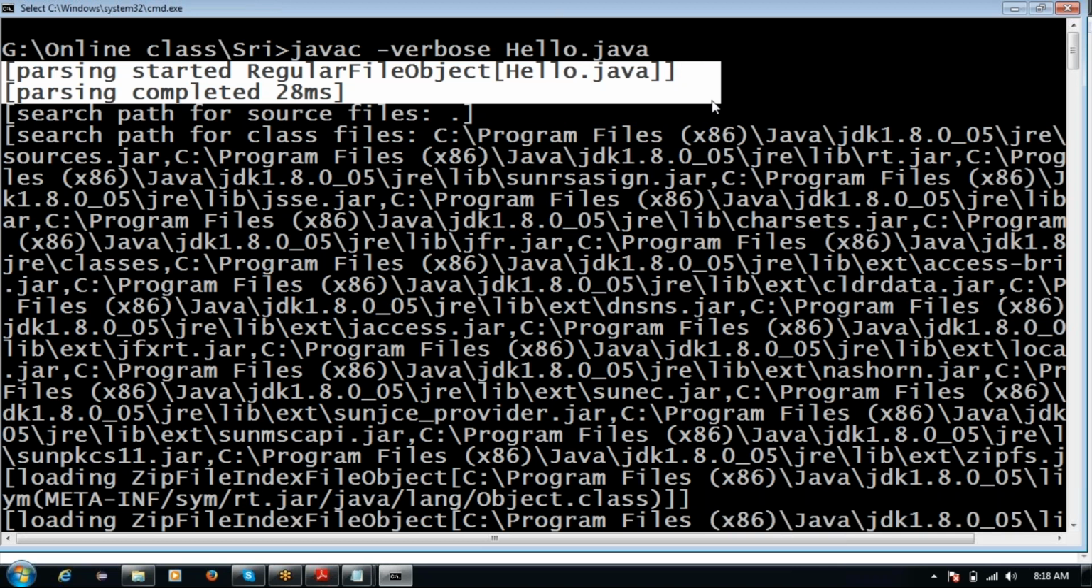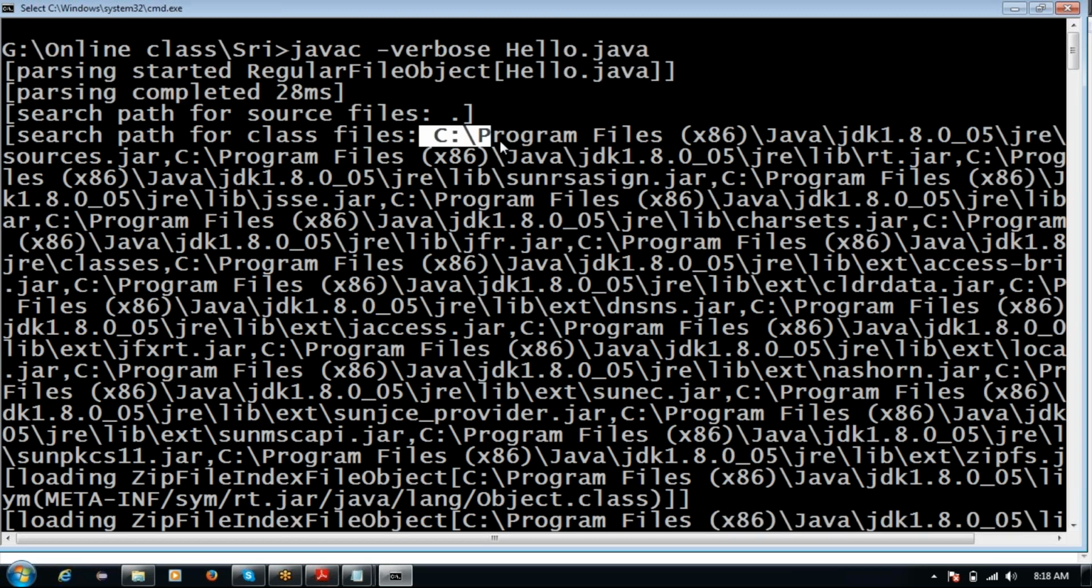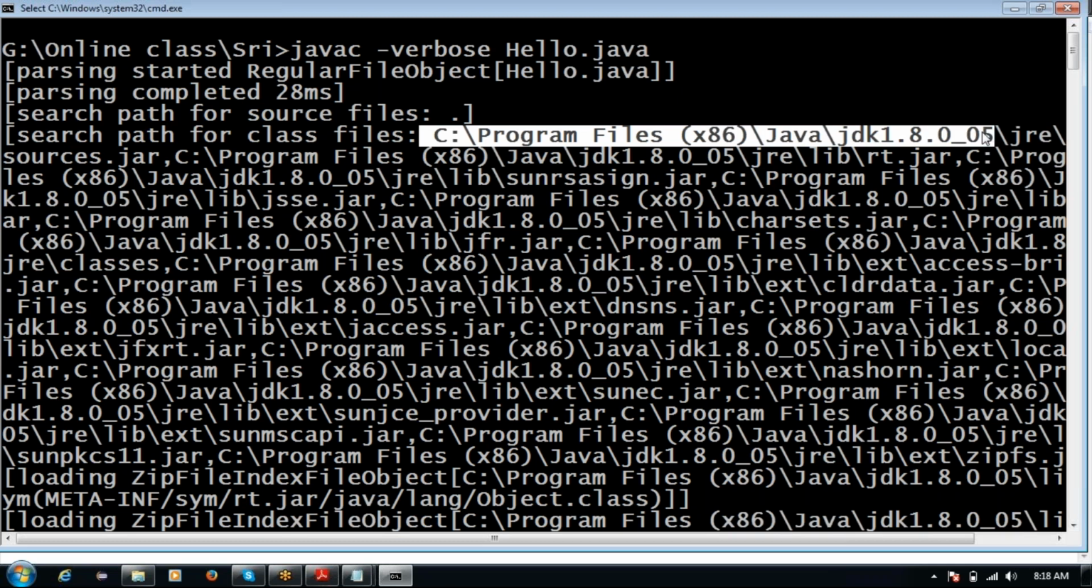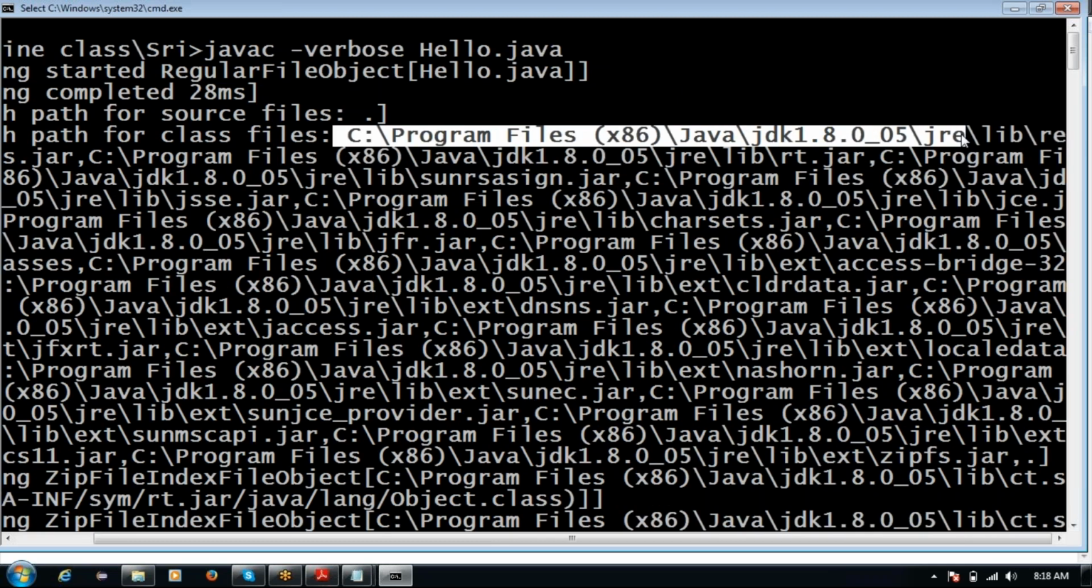And the parsing which it is doing in the 28 milliseconds. In 28 milliseconds something it is taking. The searching path for the source files, to see what it is searching: C drive, program files x86, Java, under JDK, under JRE, under lib. Are you able to see that JRE, lib? And under the lib you will find here